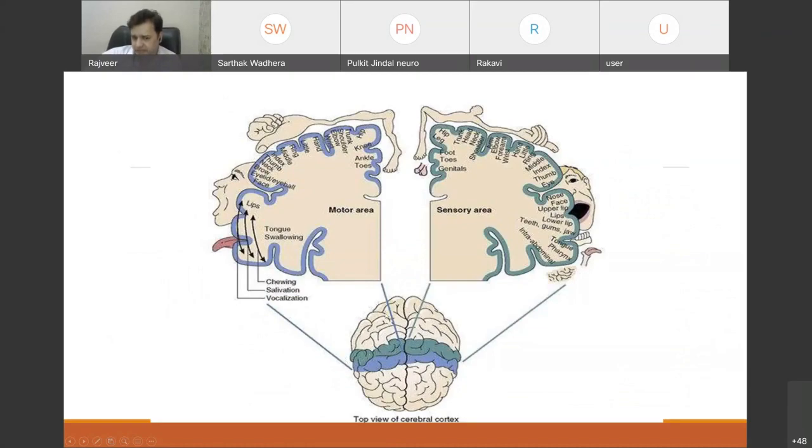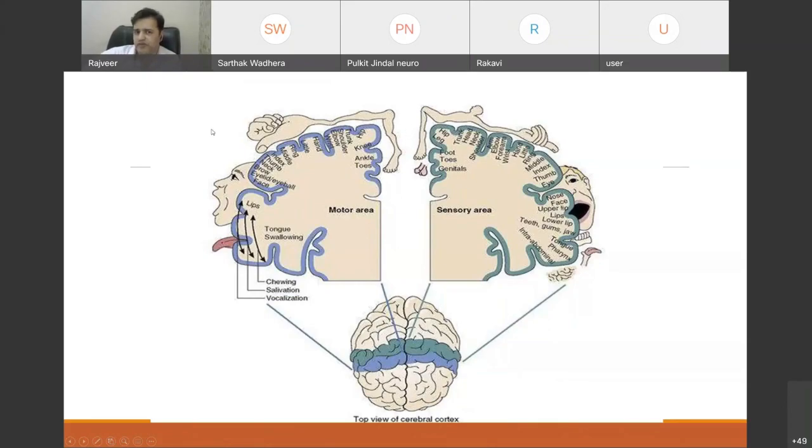Anteriorly, this strip is about motor homunculus. So if you take the coronal section, medially, middle area of the brain, this is represented by the lower limbs. So any stroke in this area, means ACA territory, will give rise to the symptom of the lower limb, like weakness in the lower limb. And if there is a sensory area involved, it will give rise to the sensory complaint in the lower limb.